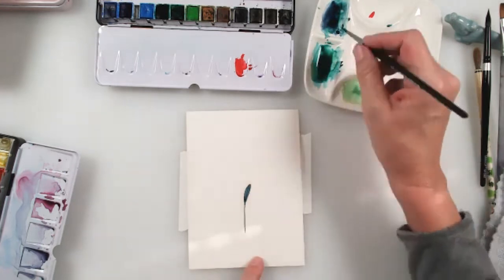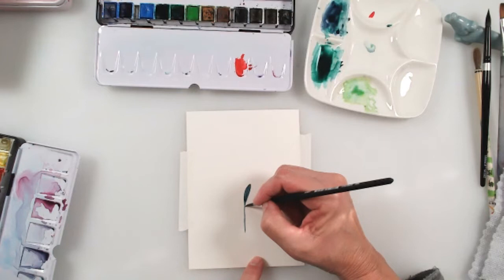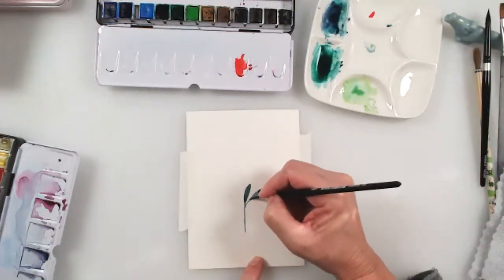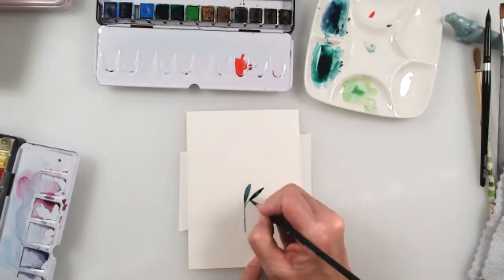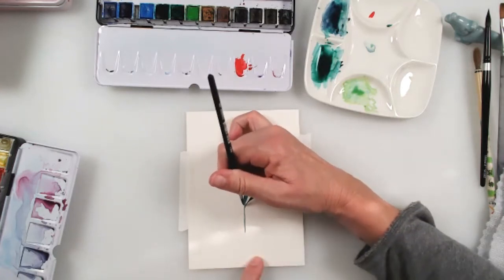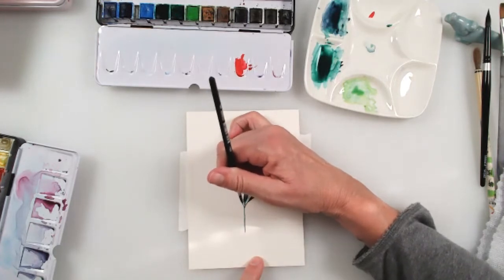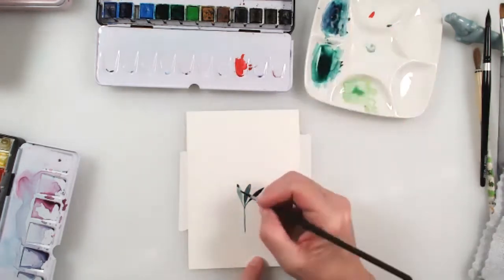And then I can just work it by starting with my brush just barely touching the paper. I'm going to go very light, and then push down to create another leaf. I can bring more color in and do the same thing with this one here. I start very, very light, barely touch the paper and make a little thin stem, and press down to make that leaf. I'll just create all these